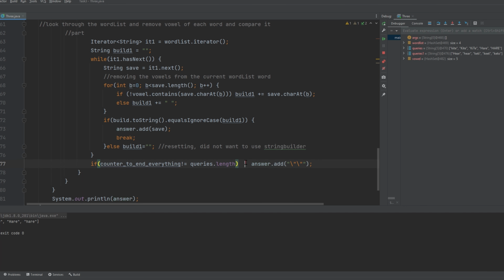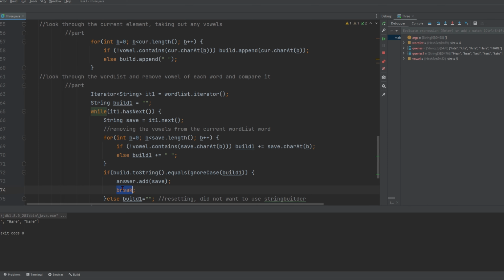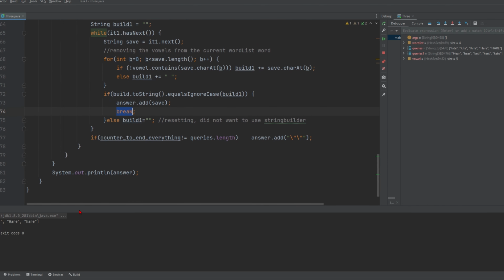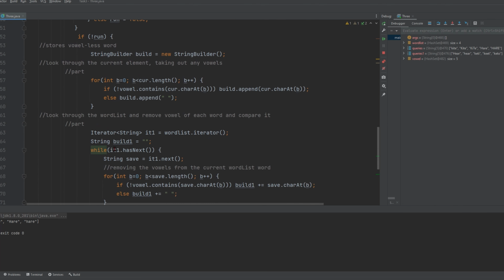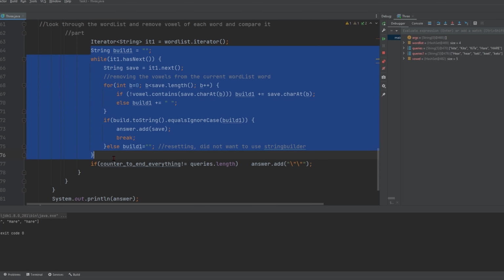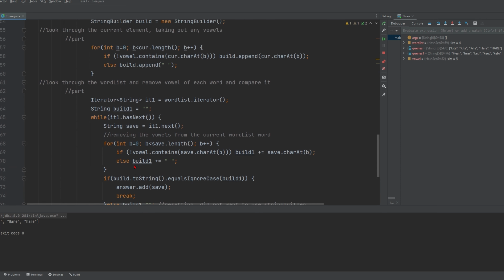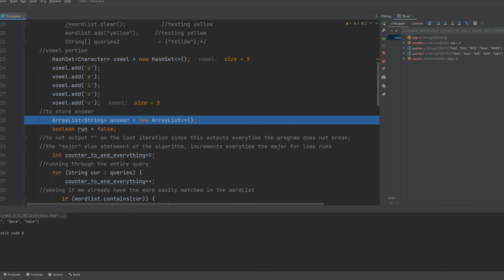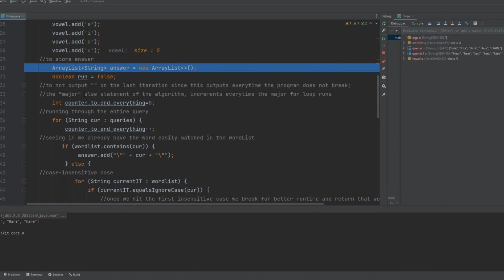Without this if statement, we would just print this out every single time if it doesn't encounter a break. And so we don't just want to do that on the very last one. That wouldn't be ideal if we have like an else case right here. We don't really want that. So that is something just to consider. We're not an else case, just if we're done, it would fall through here and it would print this out on the next one. So coming back up here, we have our array list, it's false, our header int, and